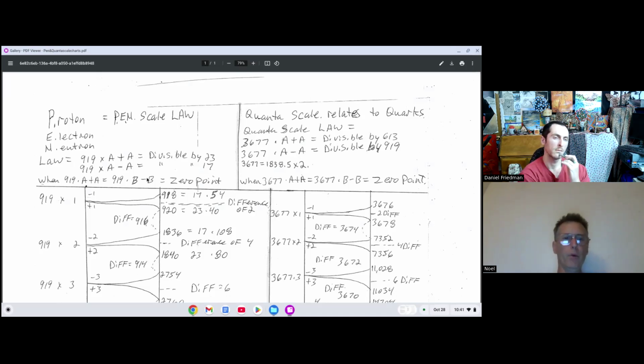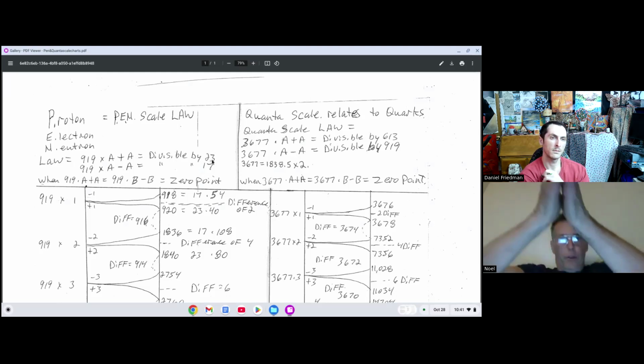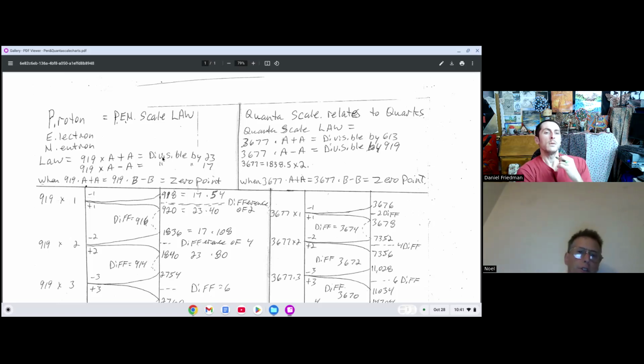So when I did that with the 137 number, I noticed that the 17 and the 23, see here, were the prime factors of that fractionation process. So then I decided, does the 17 and the 23 fractionate around any other number like that? And it fractionates around the 919 the same way. So we do that same process.